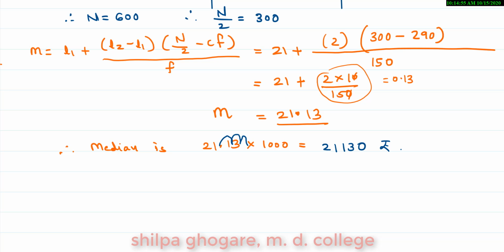Some of you may take further decimal places. See, 0.13 is a rounded off value. I have taken only 2 decimal places. If you take more decimal places, the last digit would differ a little bit, but that is okay. Actually, in statistics, whenever you do the calculation, you are supposed to get the answers up to 2 decimal places. Though your calculator gives you 6-7 decimal places, you have to cut it up to 2 decimal places. And therefore, this is my median income. Thank you.